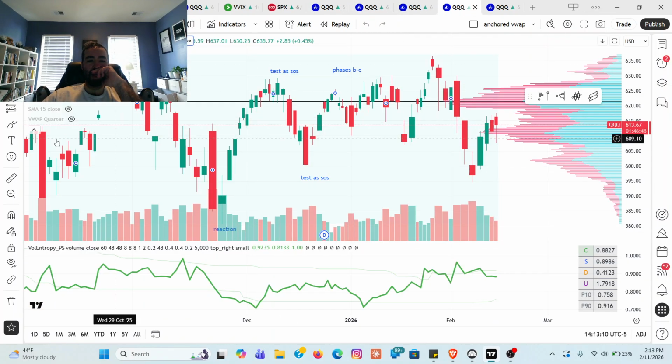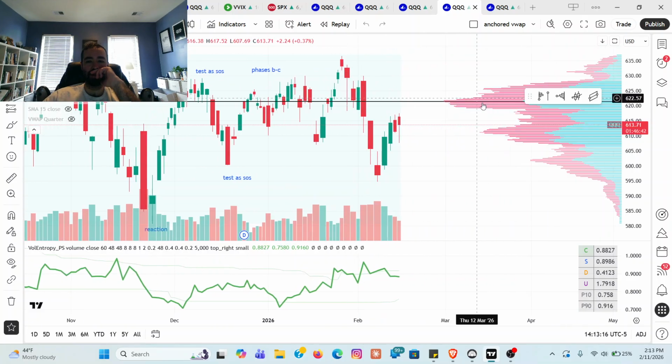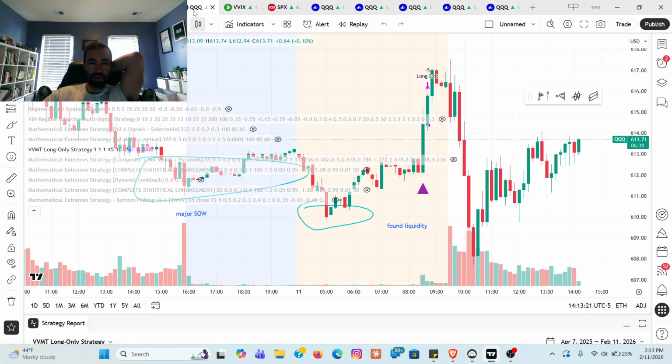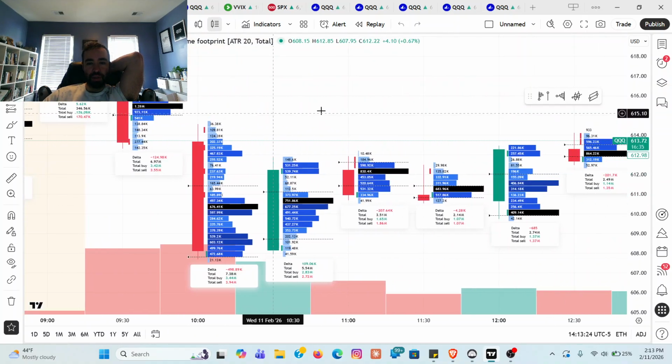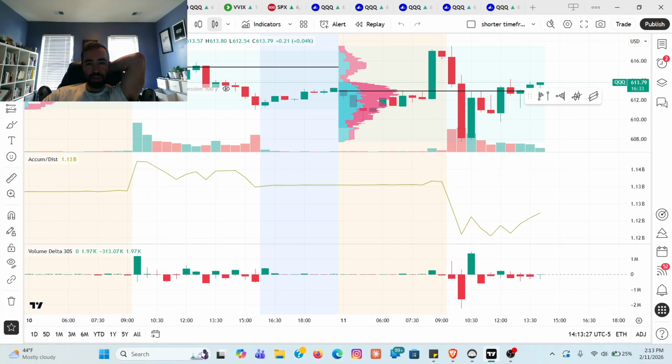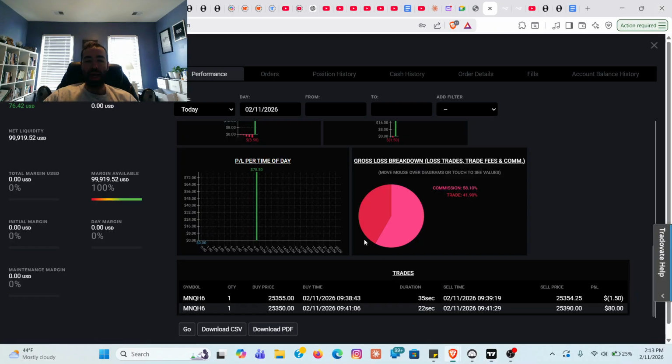If I'm the composite operator, I'd rather dump my shares up at 622, up at this daily VPOC, or 620, right? So that's where I look more for a bearish entry. But really successful day here, or a week actually, right?